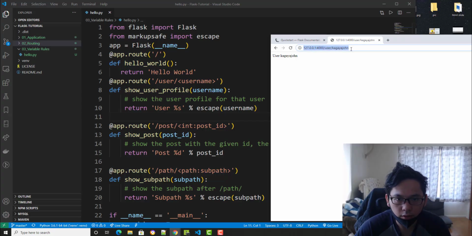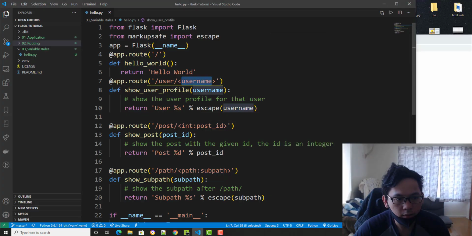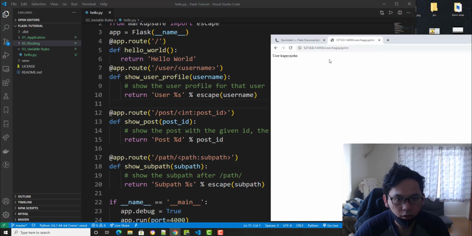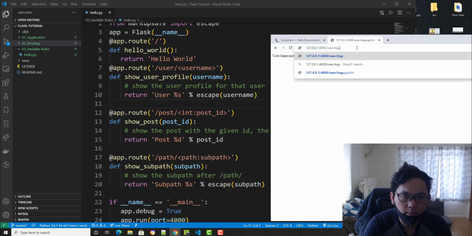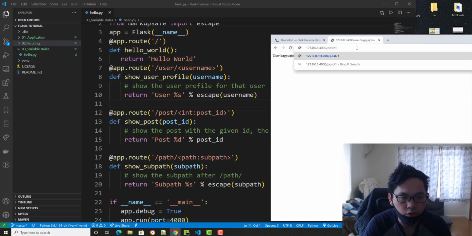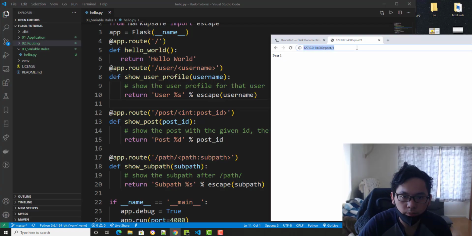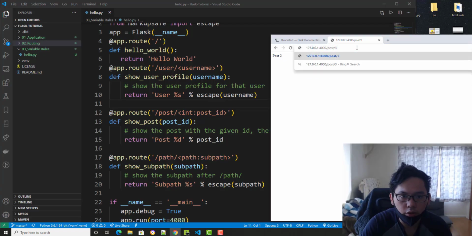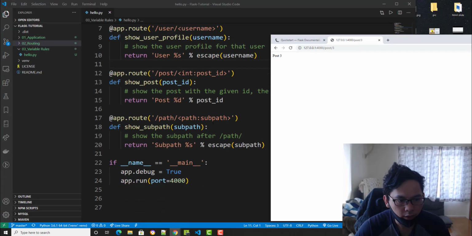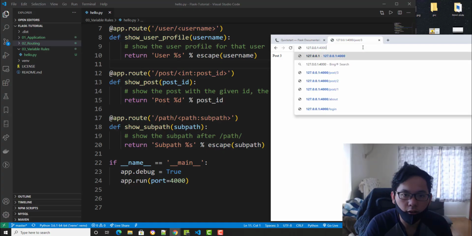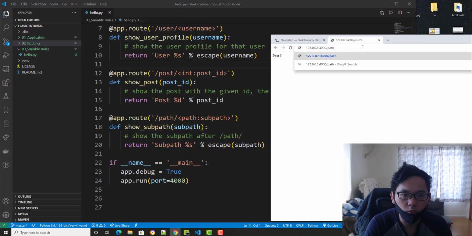And let's say int on this one. So this one is for string, you can pass it, and the next one is for int. Let's say post 1, because it's an integer, post 1, post 2, and 3, and so on. And we're going to do subpath. Okay, it's kind of like this with